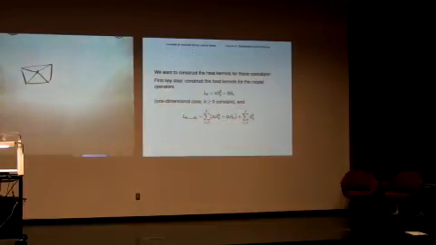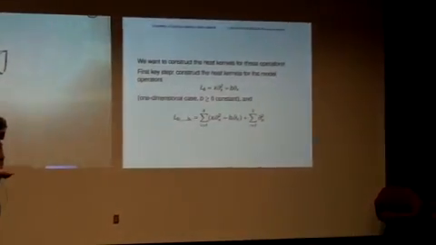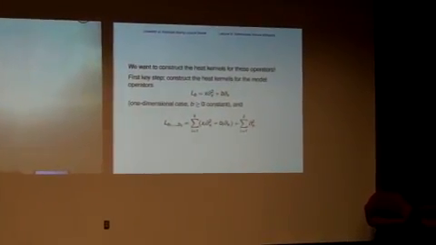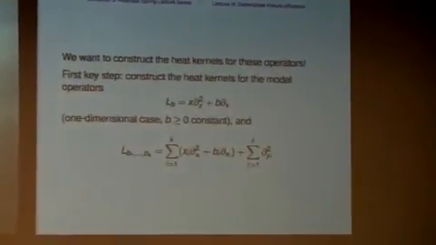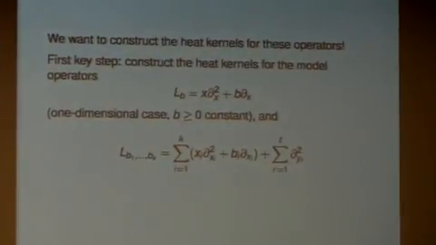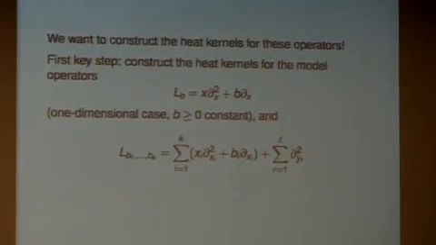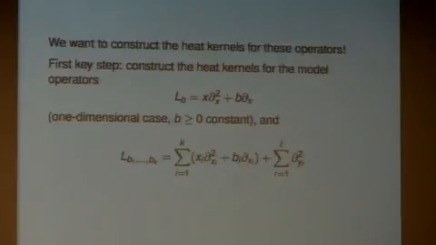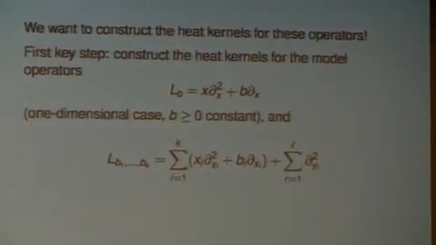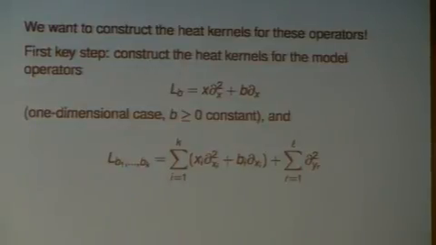Okay, so we want to construct heat kernels for this general class of operators I described before. What I'm going to be describing for you now is an analytic construction of the heat kernel. For those of you who are experts in this business, there are many different ways to construct parametrices for heat kernels. I'm going to describe one which, from some points of view, is rather crude, but given the complexity of the problem, because of all these corners and so on, it turns out to be a very efficient way and gives you almost as much, but not quite as much, information as some of the others.